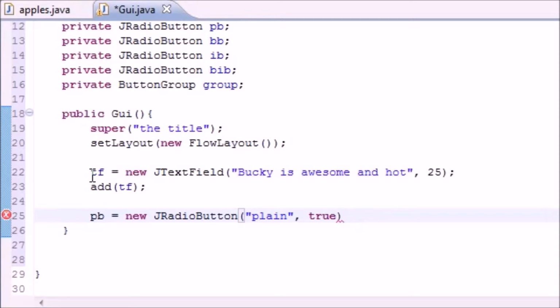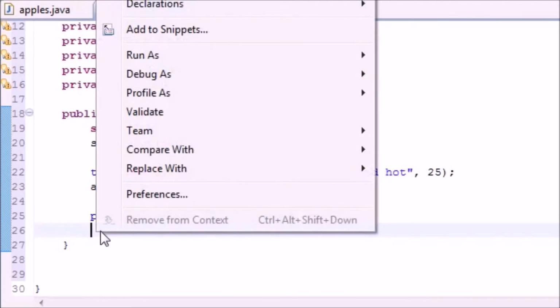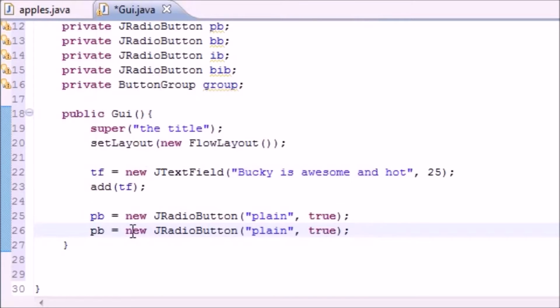Now the parameters it takes for true and false are pretty much true is checked and false is unchecked. So if we're establishing a relationship, we can only have one true at a time. So the first thing we want to do is set one of them to true, and later on it's going to do it automatically for us when we click it. But for now, let's just go ahead and copy this, and the rest of them are going to be false, by the way, since we only want one checked at a time, because that's kind of the concept of radio